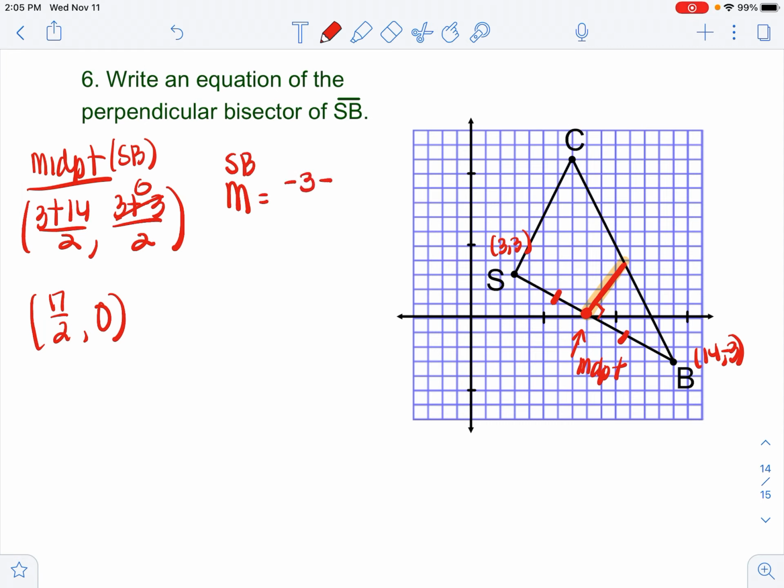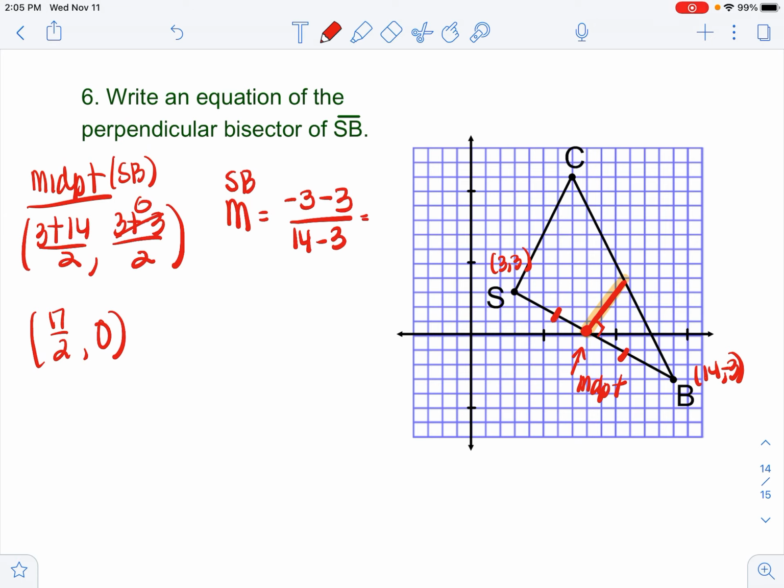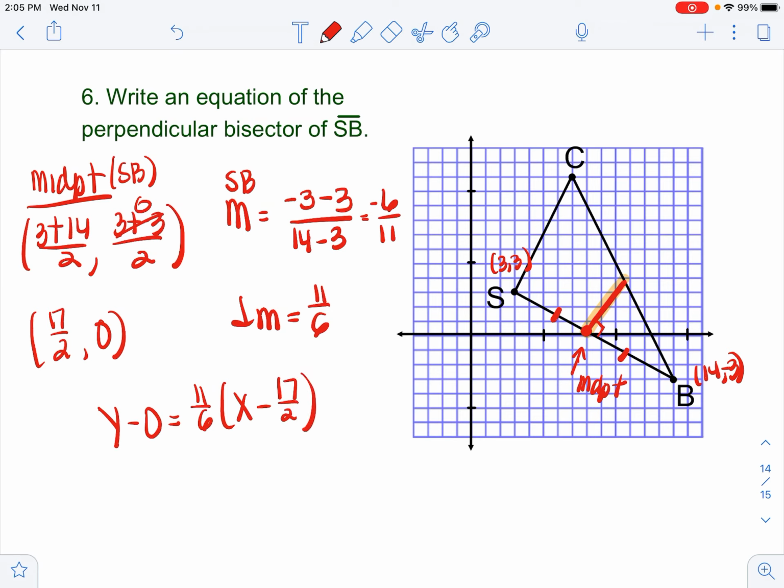Now I can find the slope of SB. y2, which is -3, minus y1, which is 3, over x2, which is 14, minus x1, which is 3. -6 over 11. My perpendicular slope is 11/6. Y minus 0 equals 11/6 times x minus 17/2. All right, that's it for today. You can go ahead and get started on